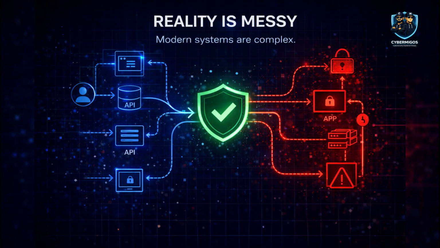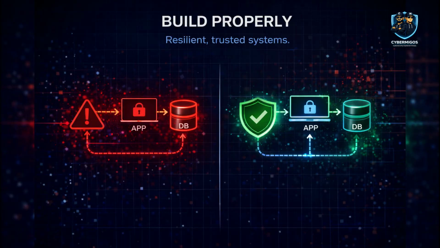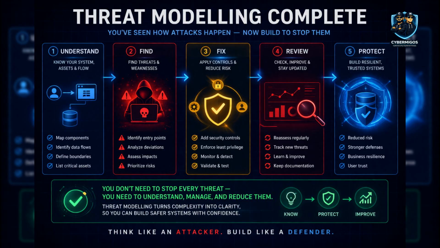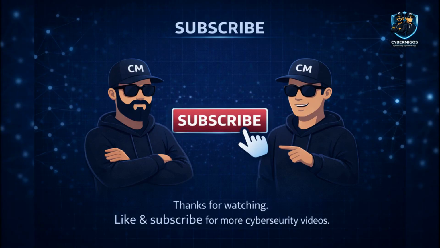In real environments, systems evolve, integrations grow, and controls drift. And that's why this matters. Now look at the same system again, not as components, but as flows. Not as design, but as behavior. Threat modeling isn't about drawing systems, it's about understanding how they break. And if you don't model the threats, someone else will. You don't eliminate risk, you manage its movement. And that's how you turn complexity into